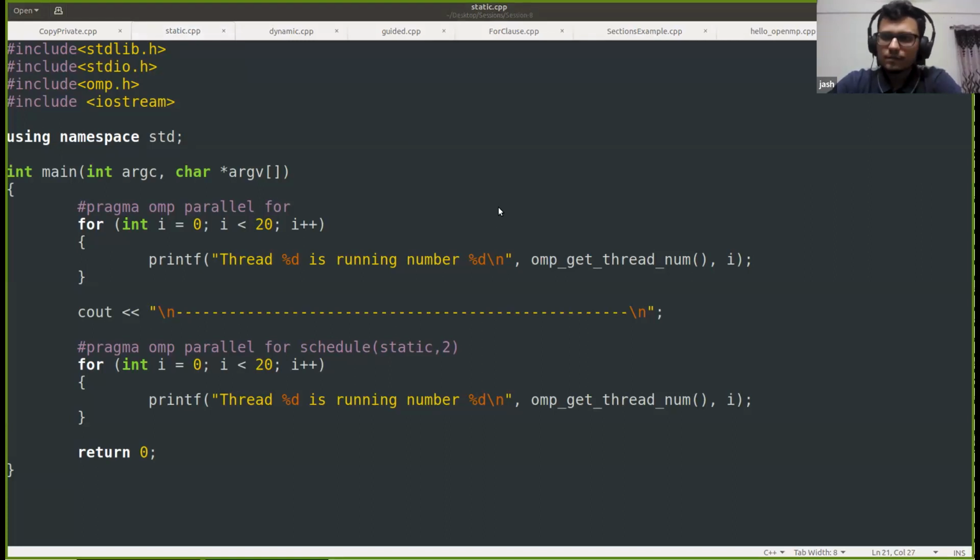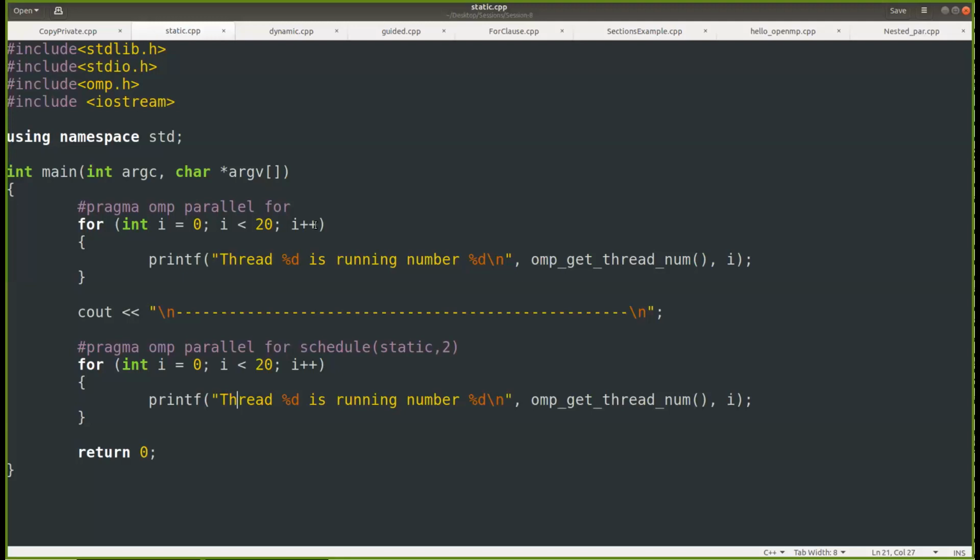Okay, anyone would like to comment? How will the output look, or how will the iterations be distributed? I guess in the first for loop, it's random. Suppose we have 4 threads, then the threads will pick up randomly.